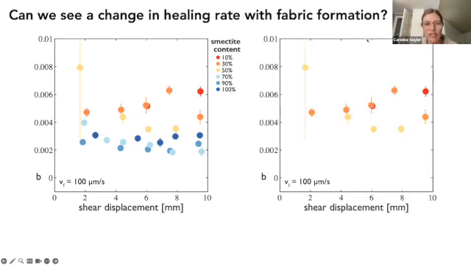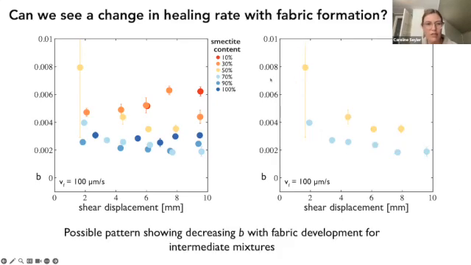For the quartz-rich samples, we might not expect to see a big change because we don't observe that sort of peak to steady state frictional change. So this isn't that surprising. But then for the clay-rich samples, it also sort of looks like there isn't much of a trend. But if I were to try to pick out something with trends within these examples, these two, the 50 and 70% smectite samples, seem to have the most evidence of maybe a decrease in the beta parameter